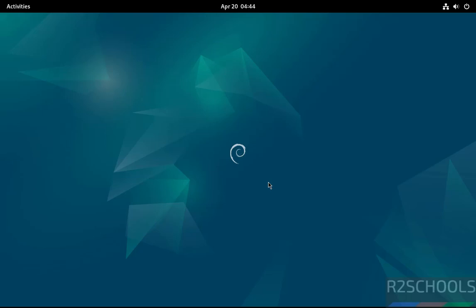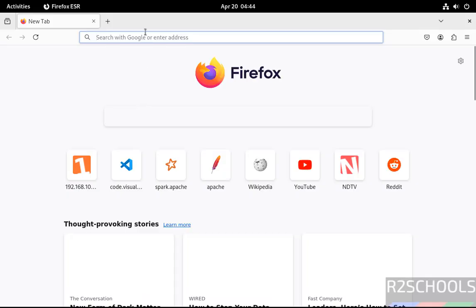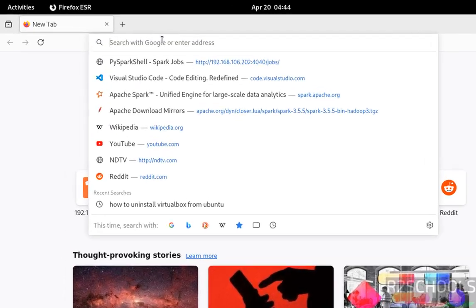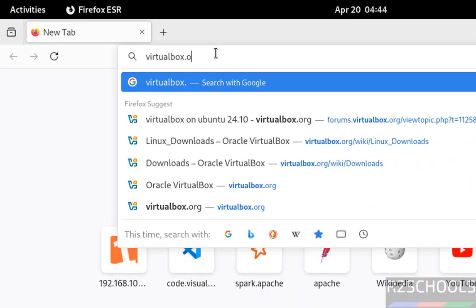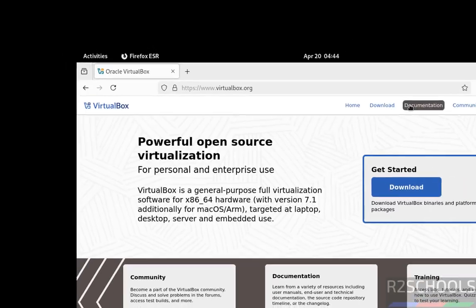Hello guys, in this video we will see how to install VirtualBox latest version, that is 7.1.8, on Debian 12 operating system. First open any web browser, then go to VirtualBox official website, that is virtualbox.org. Hit enter, then click on download,